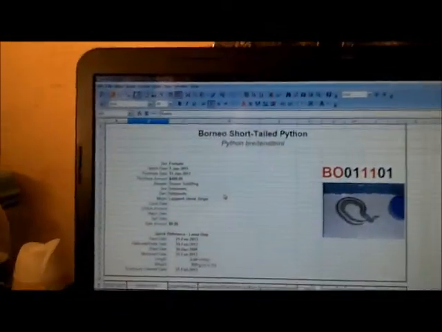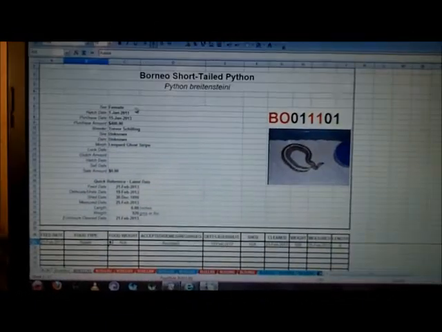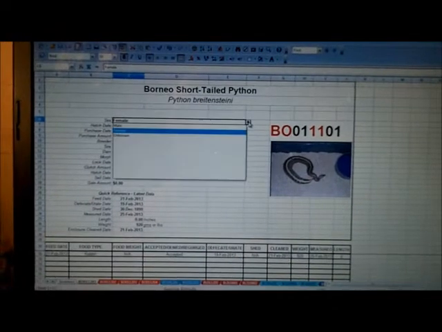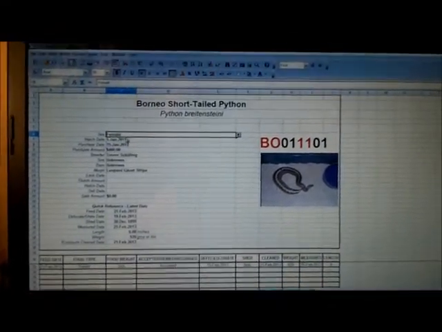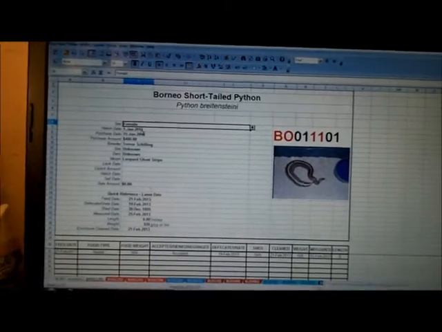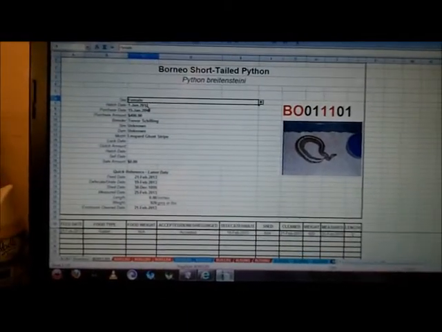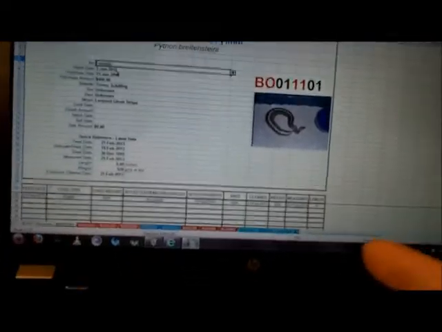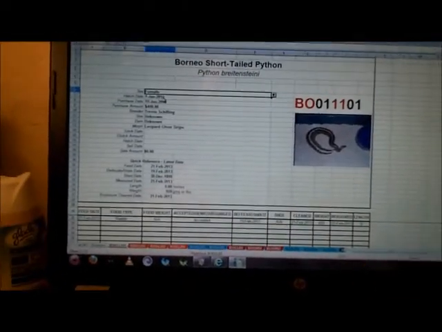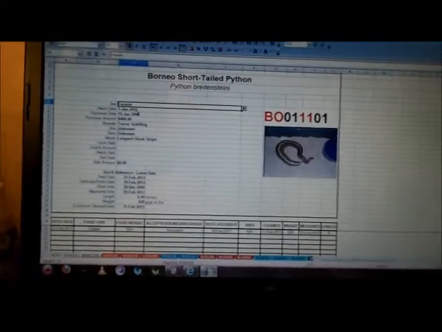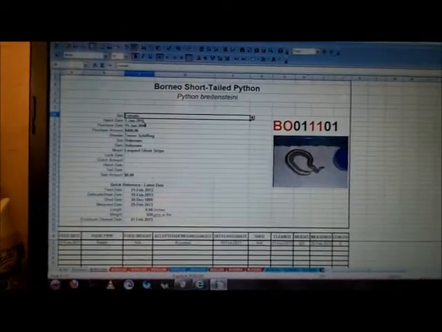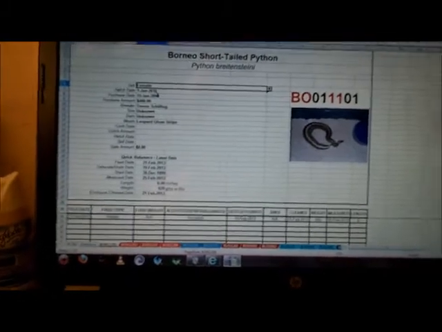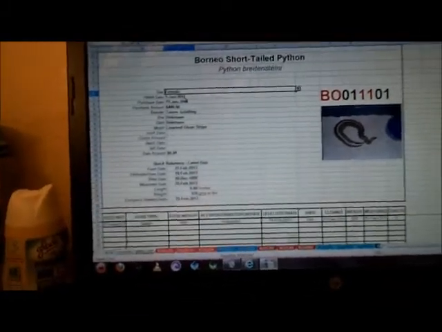There are certain things that you will have to edit yourself. Okay, gender is also a drop-down menu. We have male, female, and unknown, because you're going to have those cases. The dates are done by day, month, year, and the month is actually spelled partially. This way there's no confusion. It used to be set up for like 1101 or 1111, and you're like, what is that? So now I have it set up where it says 1 January 2011 as a hatch date,